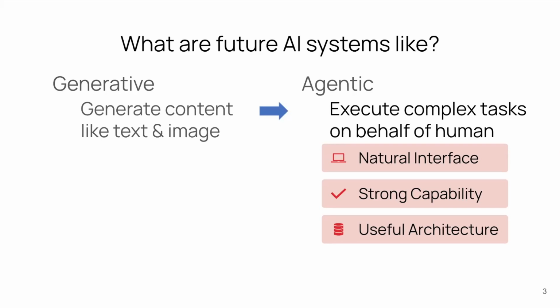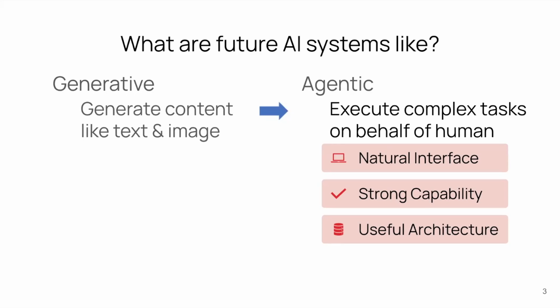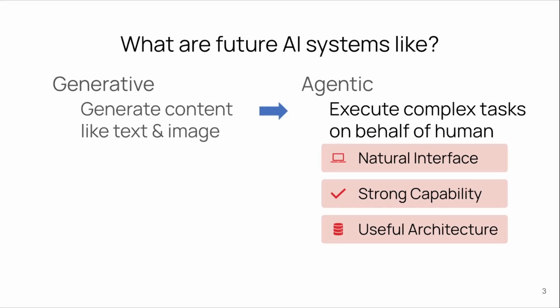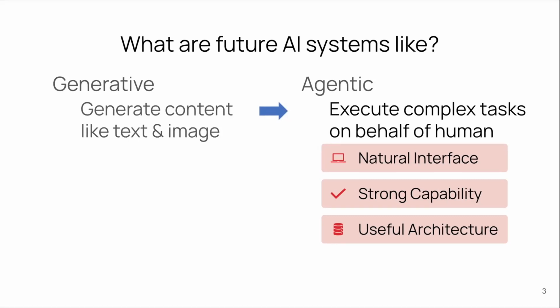We made the very early bet that agentic AI is going to be the future, so that we can build applications and make agents to execute increasingly complex tasks on behalf of ourselves. There are a few important points. The first one is that these agents have a really natural interaction interface, so that we can tell them what we want to do and iterate and refine our requirements in the most natural way. And second, they can really do things far beyond generating high quality content, text, and images, and really execute things from end to end and finish a very big project. So that's a promising future.